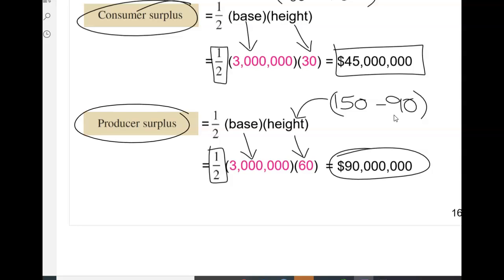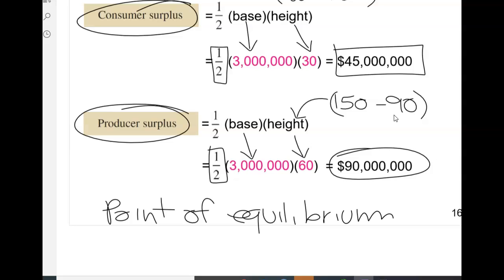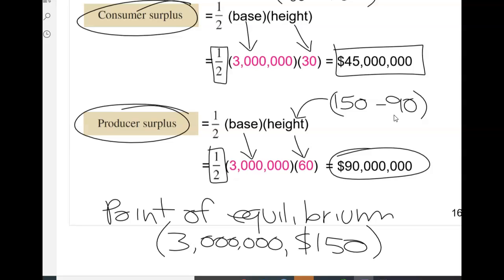So at that point of equilibrium, the point of equilibrium was 3 million and then 150. So it was like 3 million units, 150 was the price. So at that point, the consumer surplus will be 45 million and the producer surplus will be 90 million. And that is the end of this